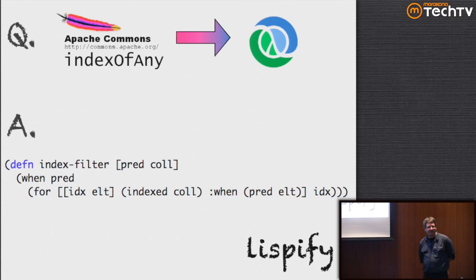Oh, you can't read Lisp code that fast yet? That's shocking. The list comprehension is the trickiest thing here. Basically what that's saying is what I want as an input pattern is an index and an element, and the collection I'm doing this for is in the index collection. When is a flag. You can put when or if not, or some of those things to determine when those things end up getting filtered in or not. And then the return value that you ultimately want of those things is the index.